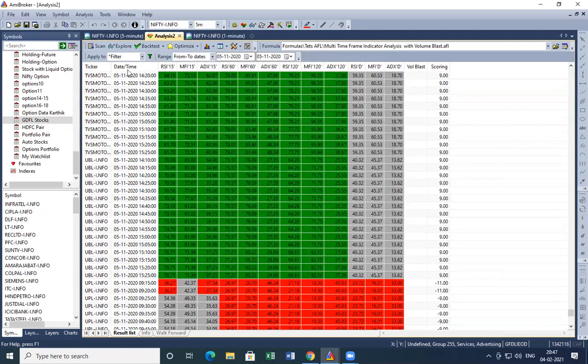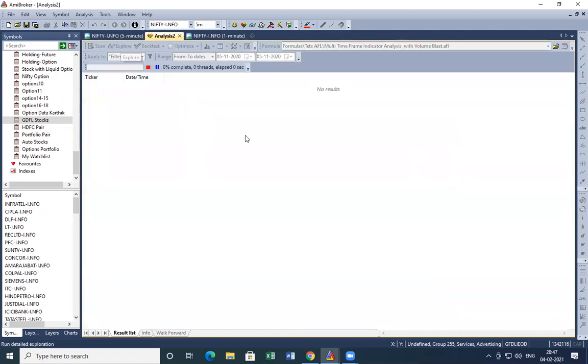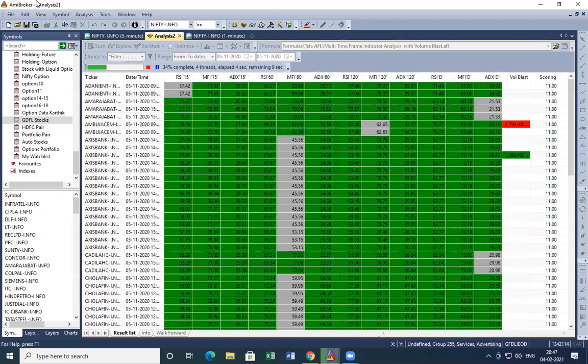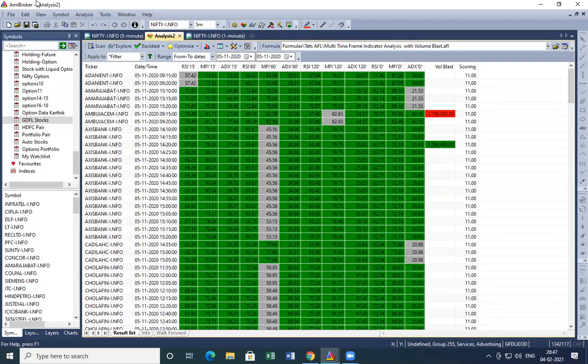And if I click on OK, click on explore. Okay, so now it is showing only those stocks where a minimum of 11 conditions are matched. As you can see, scoring is 11, minimum 11 scoring is there.